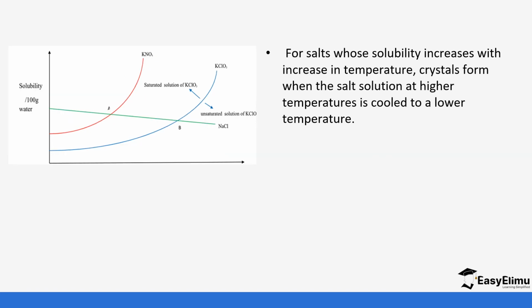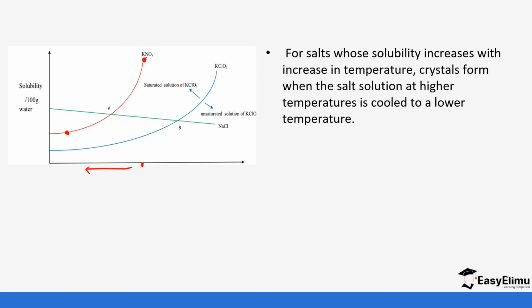So for salts whose solubility increases with increase in temperature, they form crystals when the solution at a higher temperature is cooled to a lower temperature. You can see, like potassium nitrate, how its solubility increases with increase in temperature. So if you lower the temperature, it's going to crystallize some of the solid that had initially dissolved